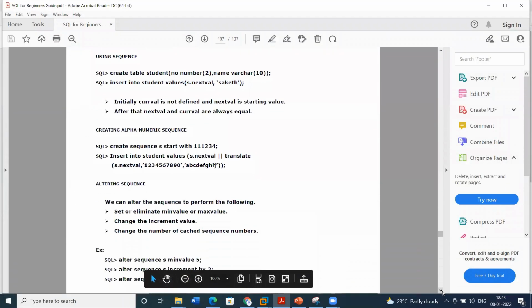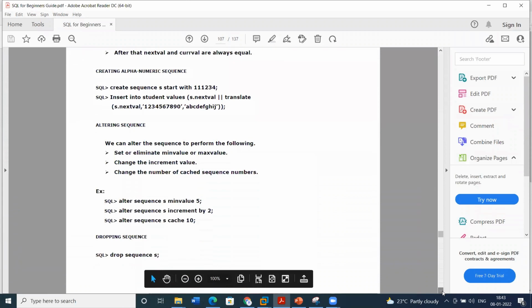Okay, so this is the way we can use sequences for the next value. Normally you can use it for increment purposes. You can also create an alphanumeric sequence. Based on this, if it is A, B, something like that, you can use the translate function.